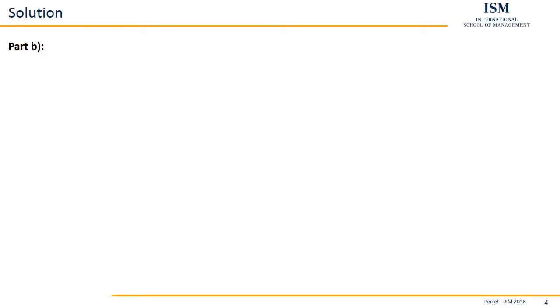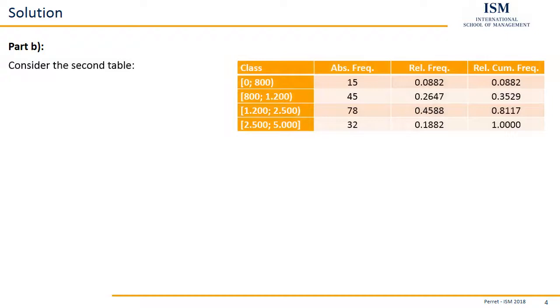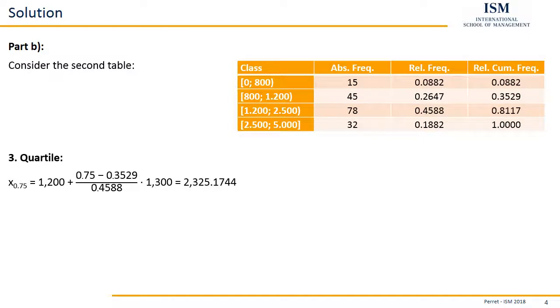In part B, we work comparatively. We take a look at our data table, and for the third quartile, we select the class where the relative accumulated frequency becomes larger than 75%. Obviously here, that's the third class, the class from 1200 to 2500. So we start with its lower bound, 1200, plus